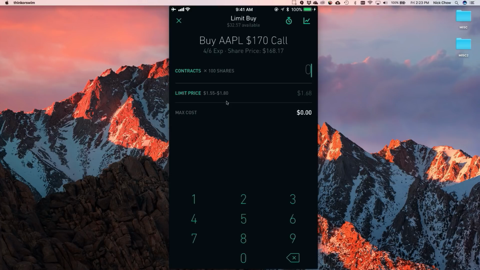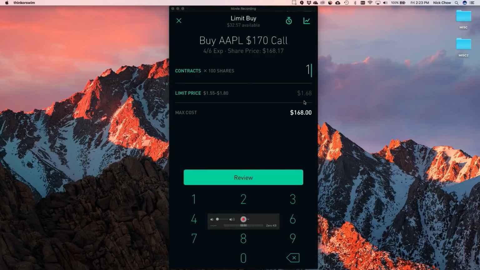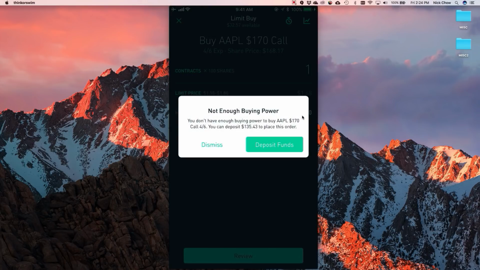You may actually, if you put this order in, not get a fill at $1.68, you're gonna have to go to like $1.70 or $1.69. Don't go up crazy. You don't have to go to the ask. Apple's very liquid, so you don't have to worry about that. But let's say I want to buy one contract here. So I'll just give you the $1.68 example here. So now you see, this $1.68, it's going to cost me $168, like I explained to you before. When I click on review here,